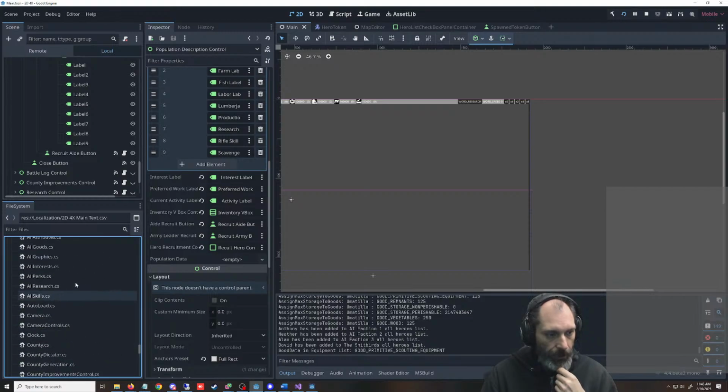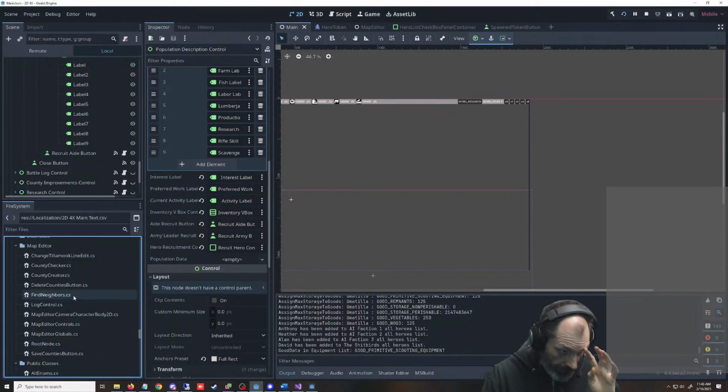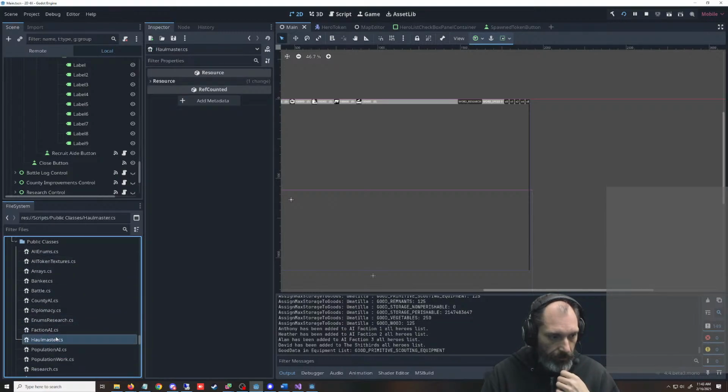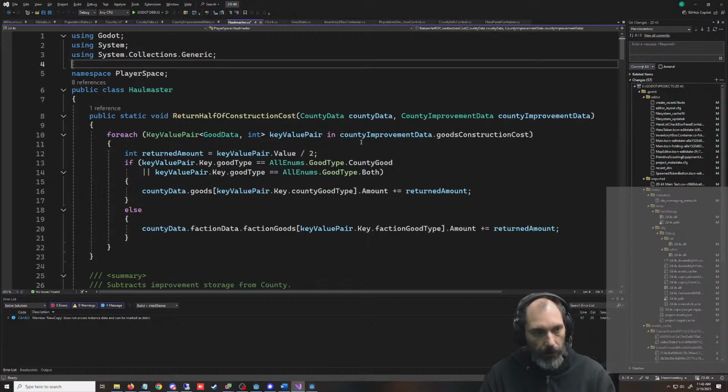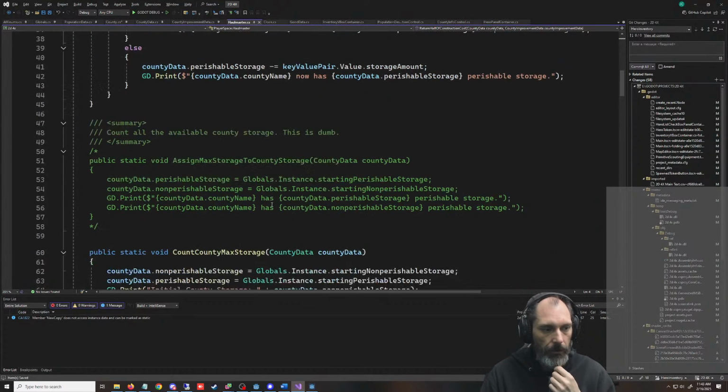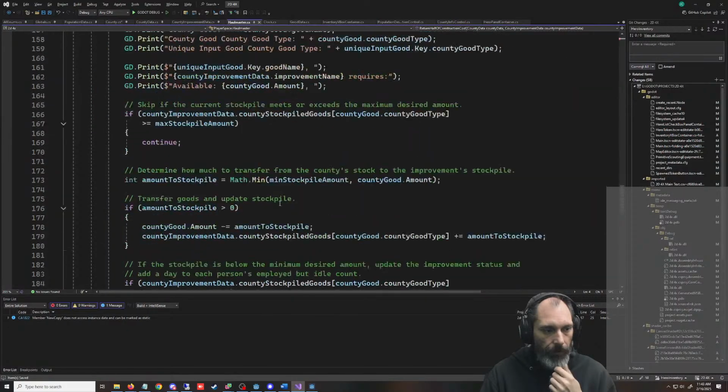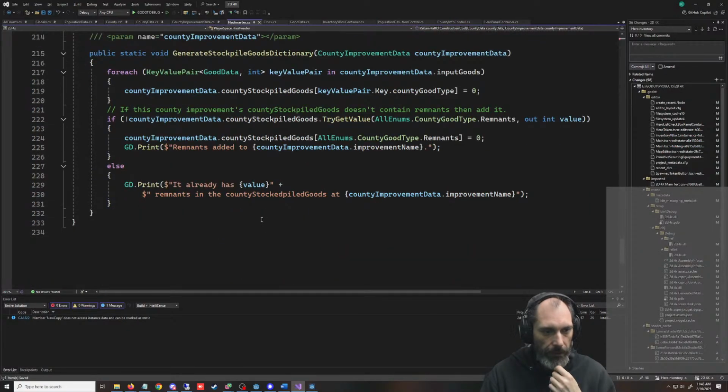Hall Master. Are you a public class, Mr. Hall Master? He's getting pretty big. We could start a new one called like the equipment handler or something.